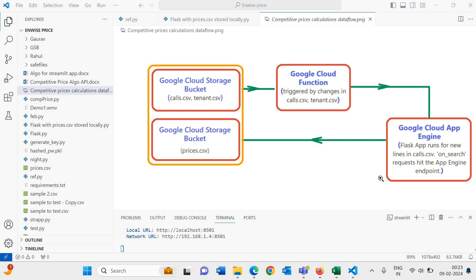This is the backend architecture of our project. Basically, we have deployed a Flask app in Python language on Google Cloud App Engine. This app generates the search API request for a specific product, that is item, for a specific GPS location. And for such a pair, it processes all the on_search API calls or responses received, and thereby it compiles